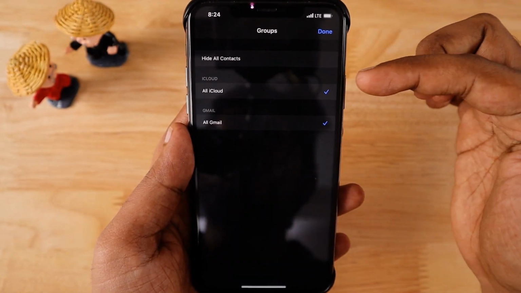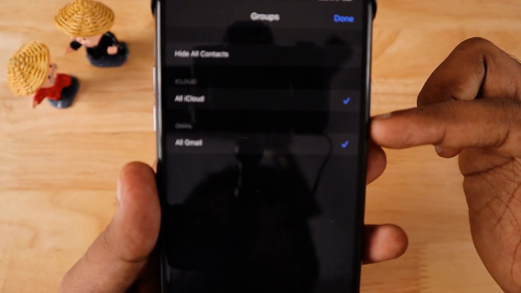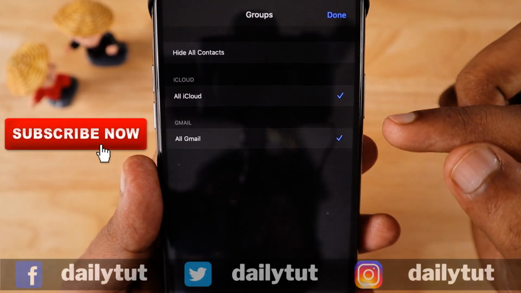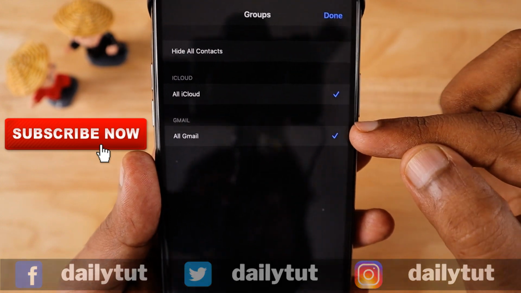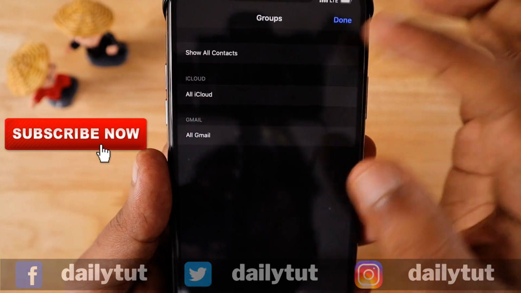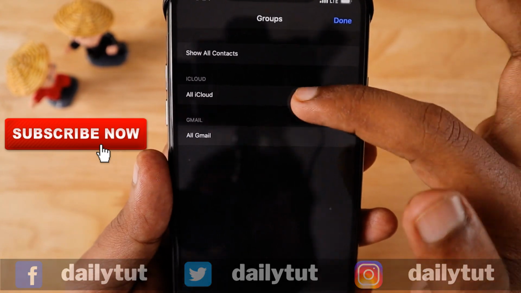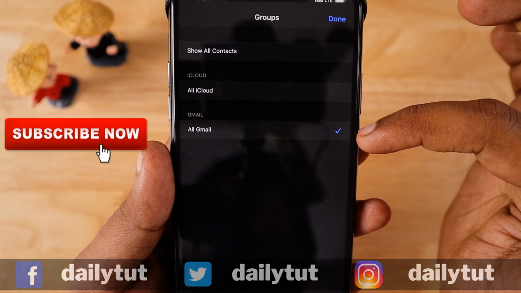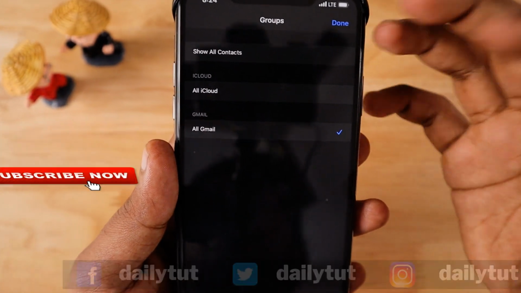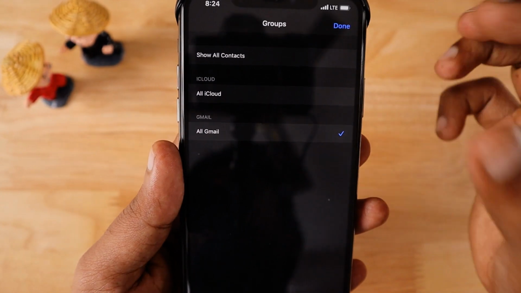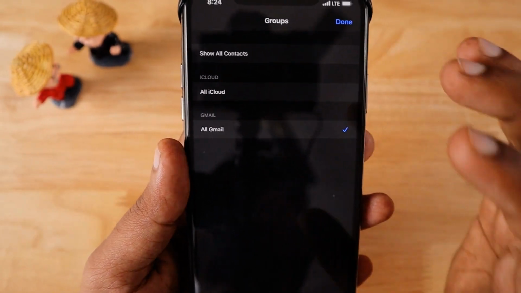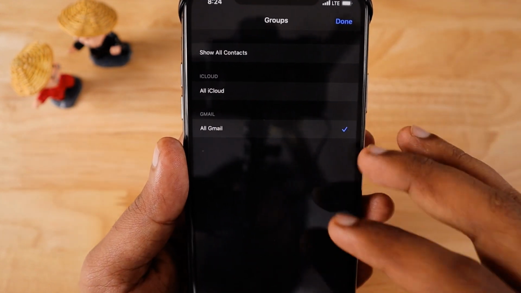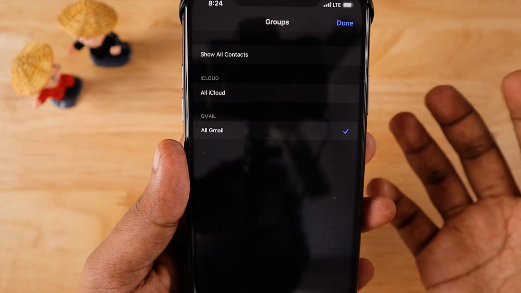When I go inside the Groups option, I will be seeing two options. Number one, whether I need the default address book in the iPhone to be synced only with iCloud or only with Gmail. I can choose them here, either none of them or simply just iCloud. But first we are going to transfer everything. And if I don't have iCloud, I can simply select Gmail and I can manage one simple contact book if I don't want to use iCloud. I personally recommend it is good to use iCloud if you want to keep everything organized, and in future if you want to move to Android, then there is of course an easy way to import and export all those contacts to your Google account.